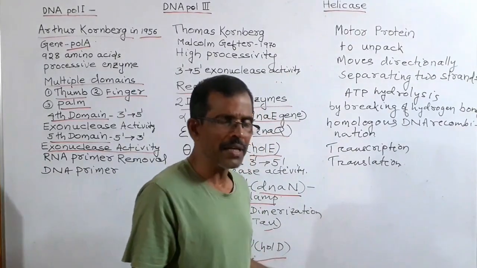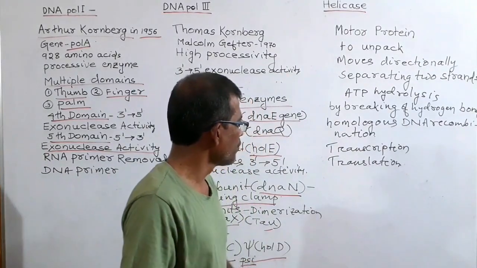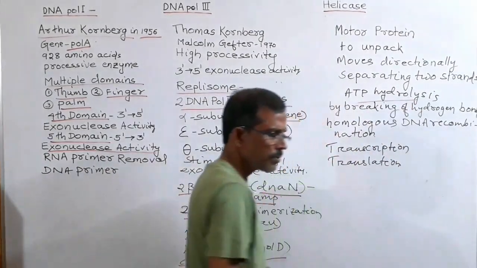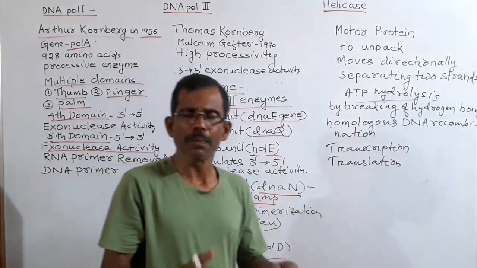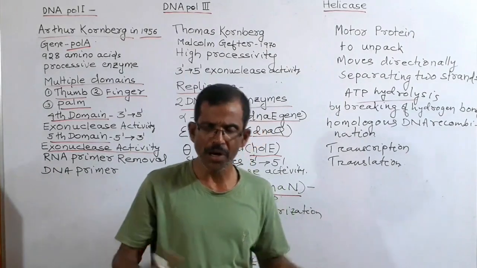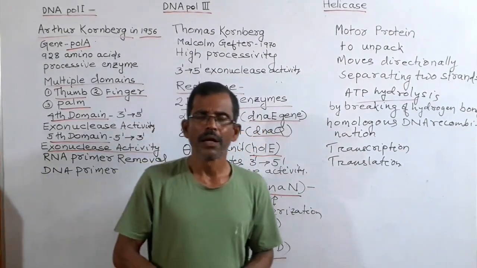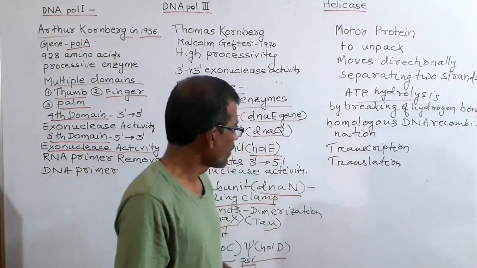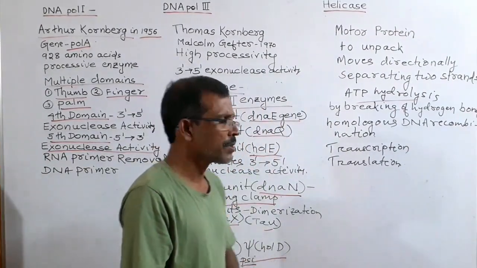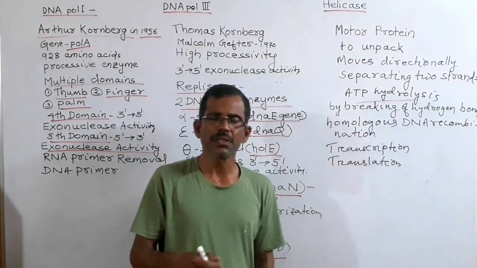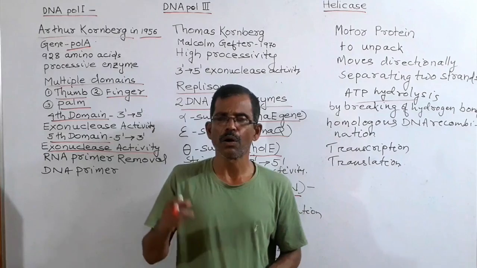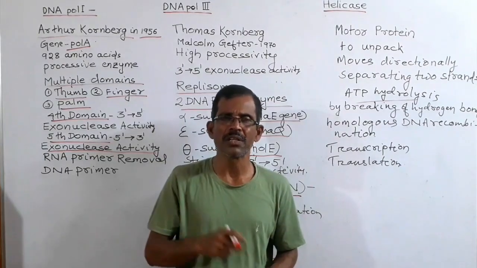The energy for unwinding the double-stranded DNA molecule comes from ATP hydrolysis. In addition to separating two strands of a double-stranded DNA molecule, helicase also plays several roles, for example in homologous DNA recombination, in the process of transcription, in the process of translation, also in ribosome biogenesis